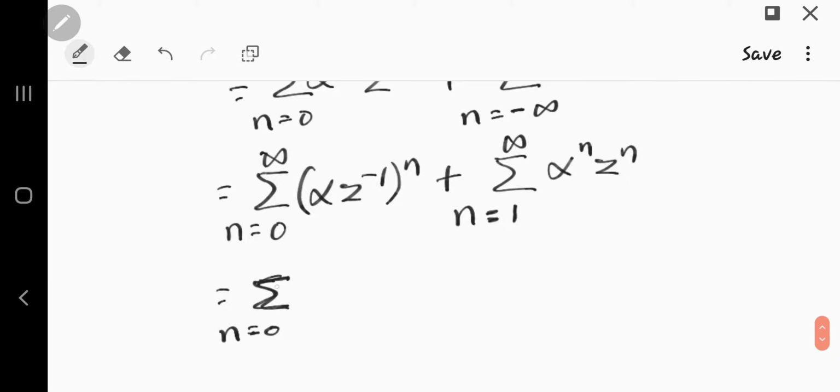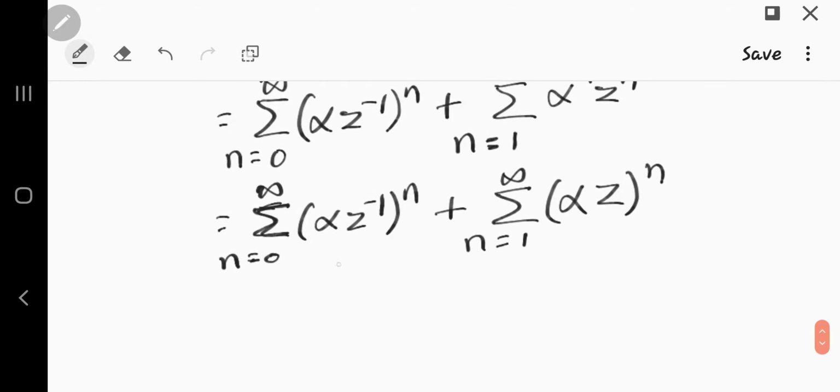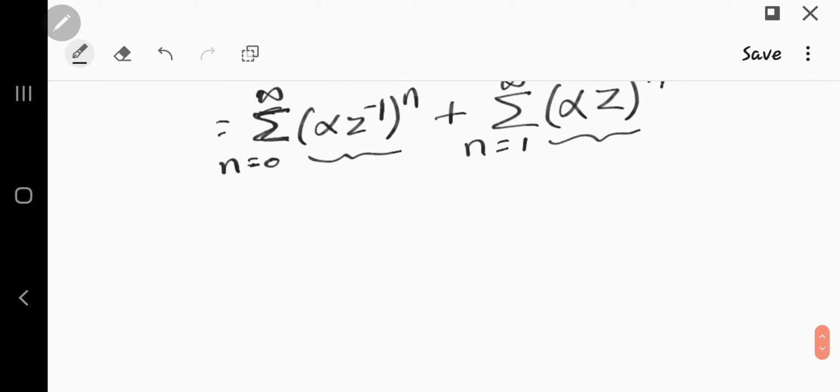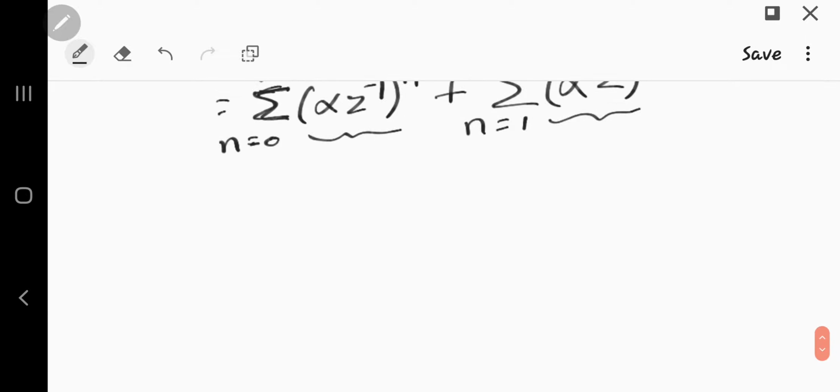Summation n is 0 to infinity alpha z inverse to the power of n plus summation n is equal to 1 to infinity alpha z to the power of n. Now in the ROC, these two terms should converge. So we are going to apply the geometric series here. Based on that, I can write